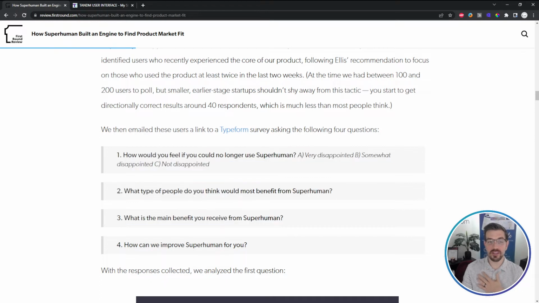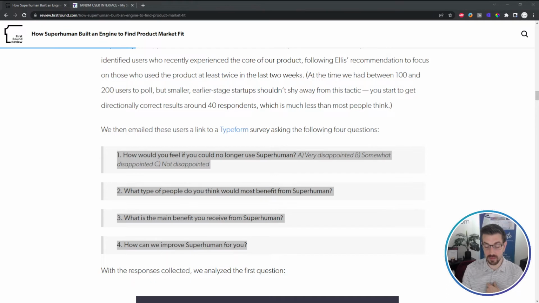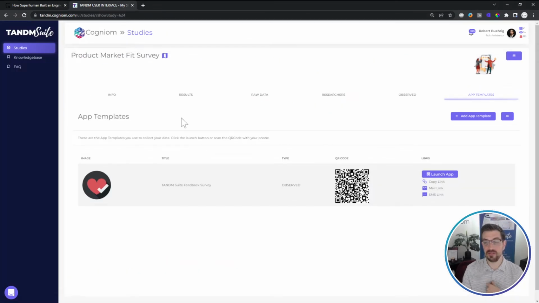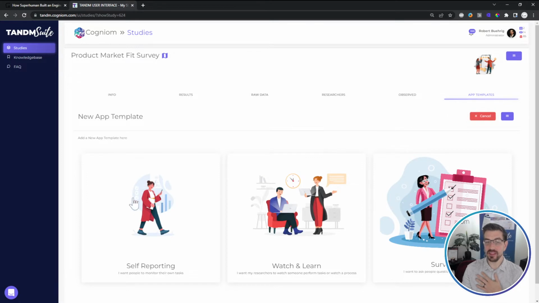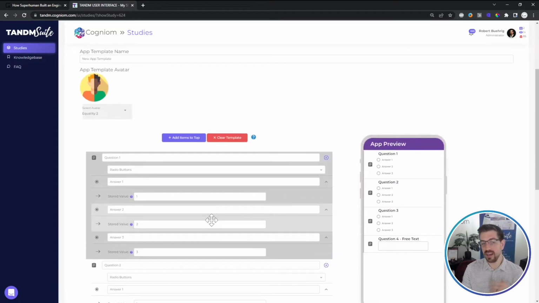So first thing is we're going to create a survey in our own software, TANDM Suite, that covers these 4 questions for us. So first thing, bring up a place where we can have a little bit of a play. This is our product market fit survey area. I've already got it pre-built, but we're going to add it again just so that you can see how this kind of works. So I'm going to add a survey,